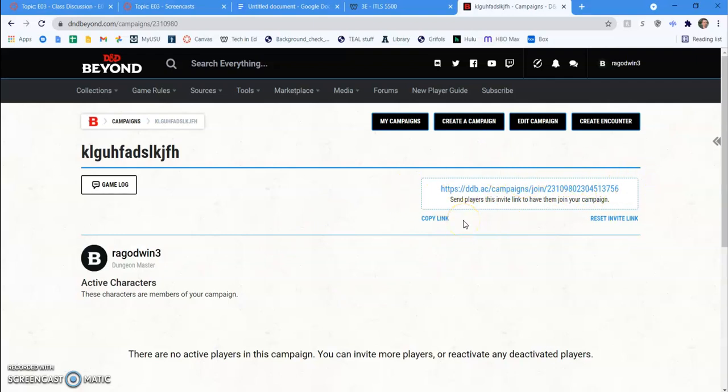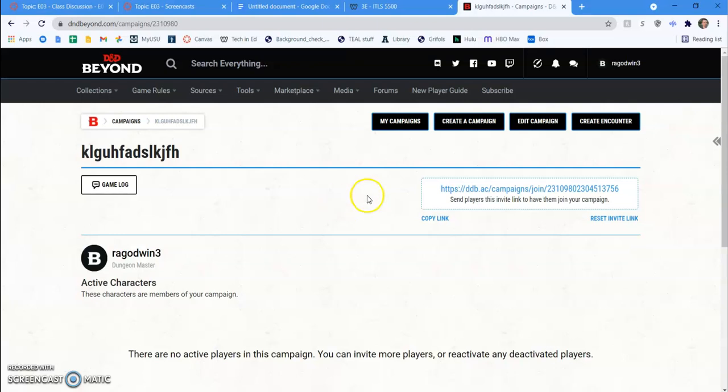And so they've got to log into D&D Beyond, and their email on the same computer, and then they can use that link in their email, or I suppose, you know, Facebook Messenger, however else you want to send them the link, as long as they click it on the same device. It will link them back in, and then they can link their character to your campaign, which is really nice as the DM, because on days when you're not playing, for instance, you can go in to their character sheet and, in real time,